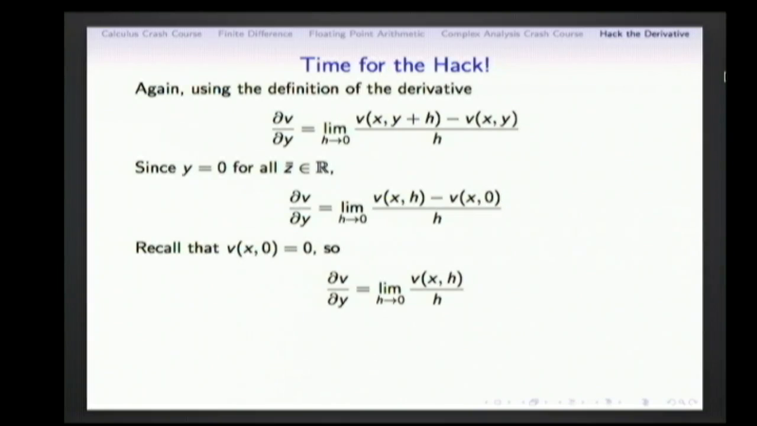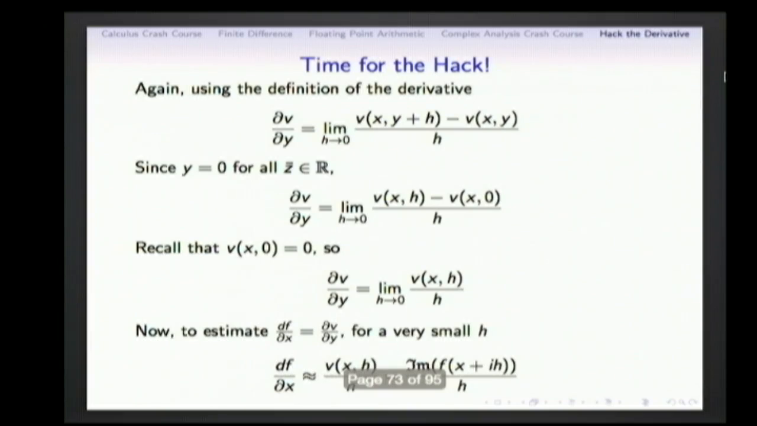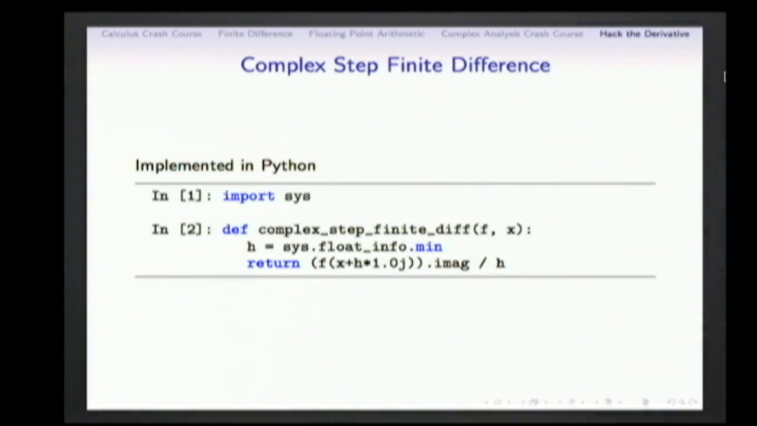This is the magic. Remember, subtraction and addition are terrible for floating point numbers. Division, great for floating point numbers. So now, if we want to estimate the derivative df/dx, which is equal to dv/dy, for a very small x, we just take the imaginary part of the function at x plus ih and divide by h. And now, since we're taking this derivative in this other direction, we can take a very small step. We can take the minimum step and we just multiply that by